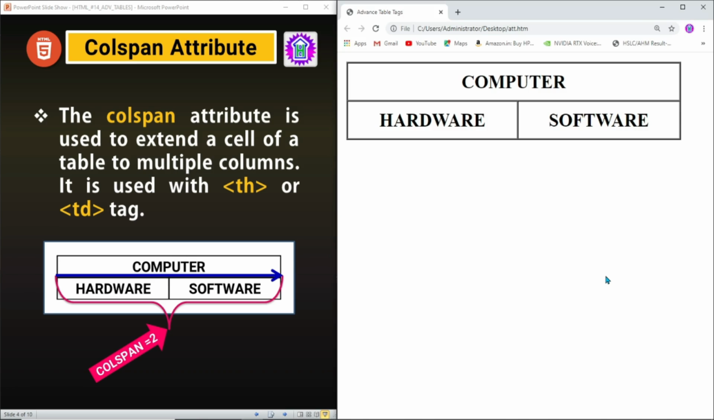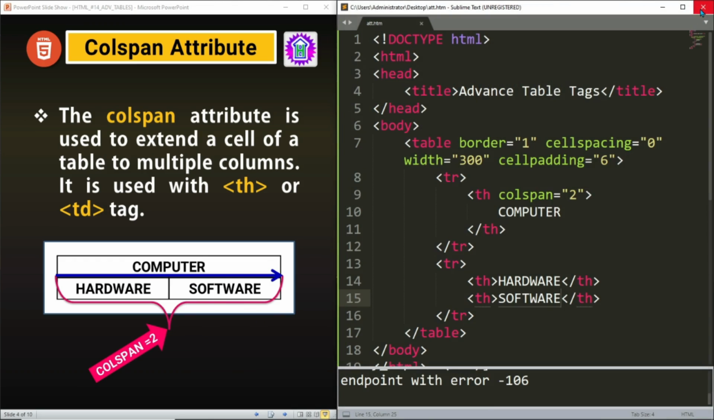As you can see, this is the output of the code we have written. So this is just exactly matching what we have shown. So this is how we will be using the Colspan attribute. So let us move to the next topic,